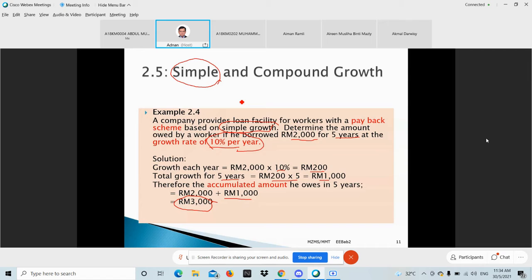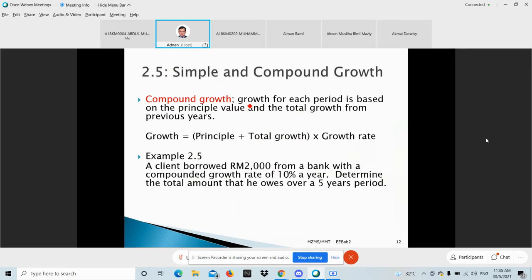Okay, simple growth. Compounded growth will be more severe, lebih tinggi. Simple growth is just directly multiply for 5 years, 200 multiply 5, 1,000 in 5 years. Okay, compounded growth, okay, growth for each period based on the principal value and the total growth for the previous year. Okay, maksudnya kita dah ada principal tadi, okay, 3,000 dan campur lagi growth dia, and then multiply lagi growth